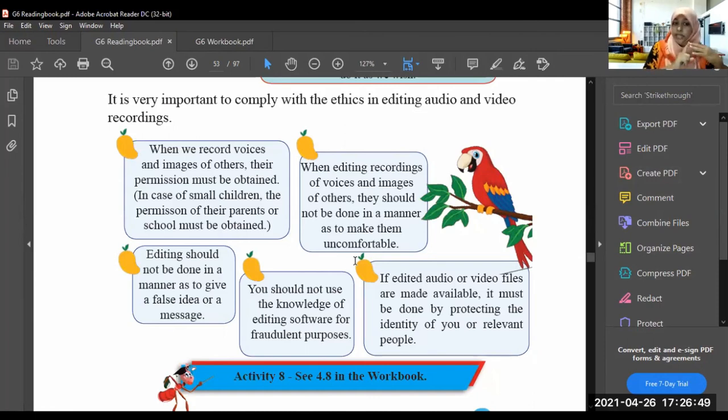When you are editing, it shouldn't be done in a manner as to give false information, a false idea, a false message to others. You should not use the knowledge of editing software for bad, fraudulent purposes. If edited audio or video files are made available, it must be done by protecting the identity of you or relevant people.